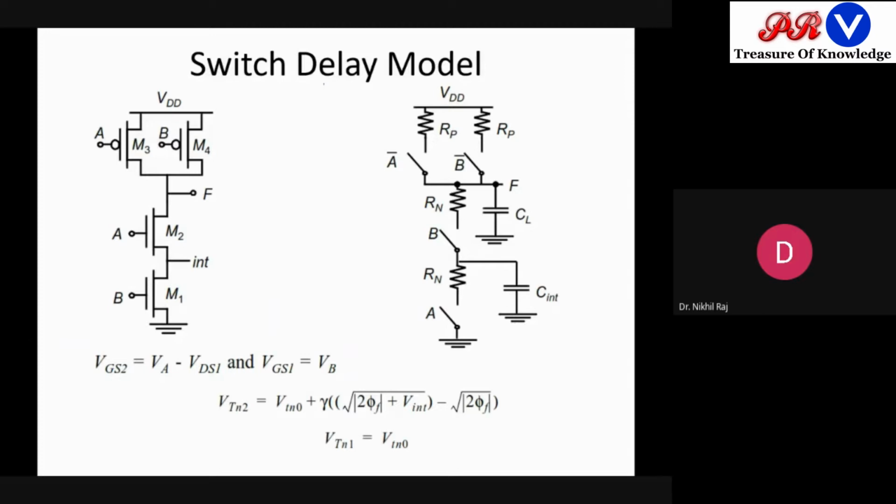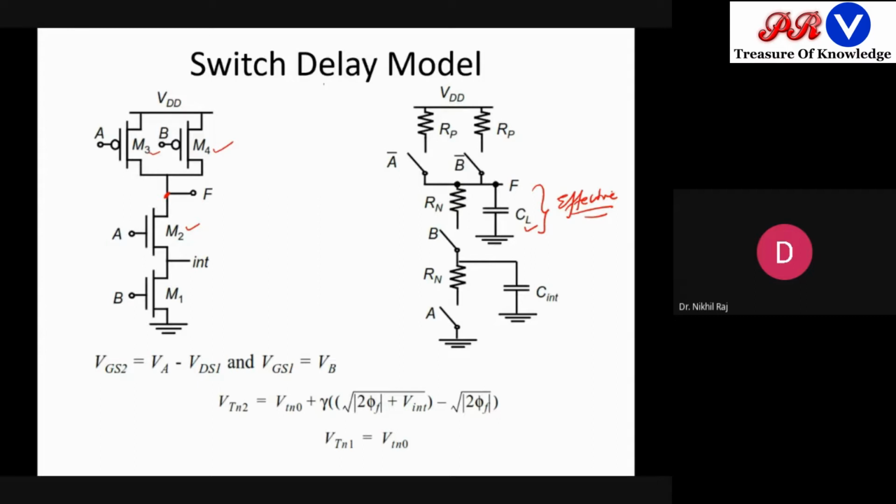Okay. And what are the capacitances associated? Because the delay will be a function of resistance and capacitance. So the parasitic capacitance: one capacitance will be formed at this node. This node capacitance will be with respect to M2 and with respect to M3 and M4. Let's say this is your effective capacitance at the output, known as CL. CL means load capacitance.